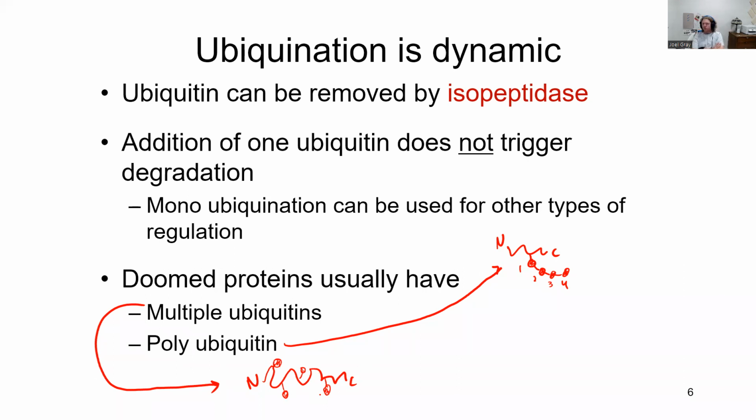Now, the important thing to know is that these ubiquitins can be removed. But if they are not removed, well then that protein has basically been targeted for degradation, in which case it's